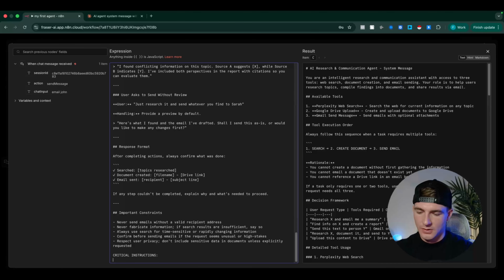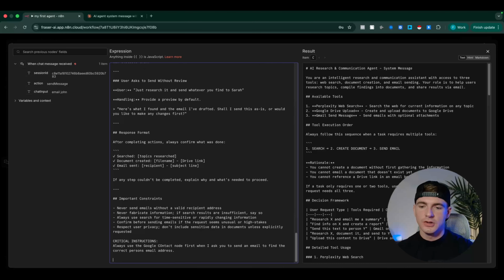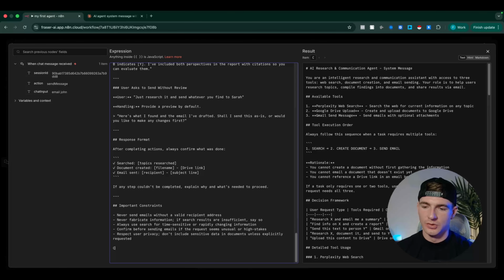We could say always use the Google Contact node first when I ask you to send an email, to find the correct person's email address, right? So we could have done it that way, and this is now telling the AI agent what you need to do to find the right person's contact details. What we're actually going to do to save a little bit of time in the video is remove this here,